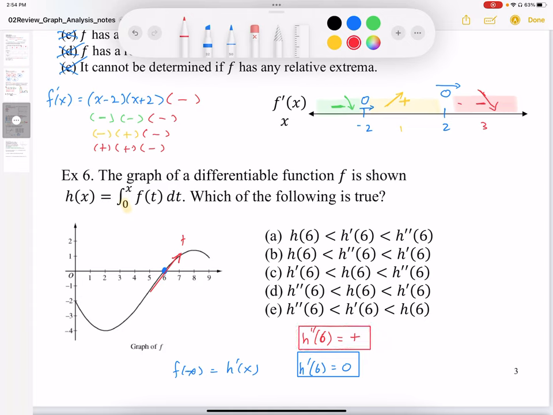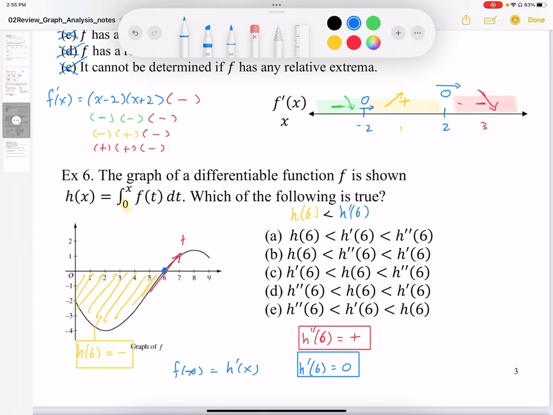We also want to know something about the y value at 6. Well, the y value at 6 is going to be to do with the area under that curve. And we can see that the area under that curve from 0 to 6 is going to be negative. So we know that the h value at 6, since it's an accumulation function, is negative. So now we have at least a sign of the value of h of 6. What that means then is we know that h of 6 is negative, so it's got to be smaller than 0,